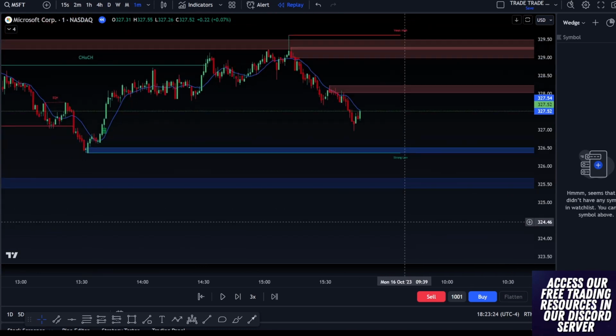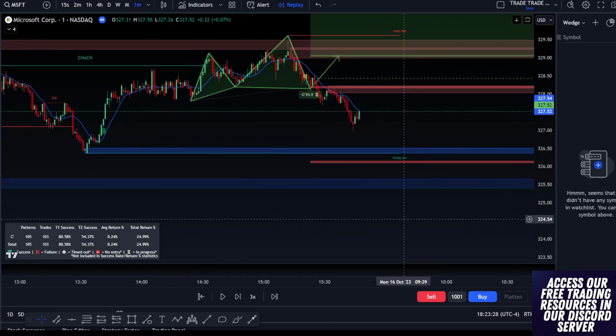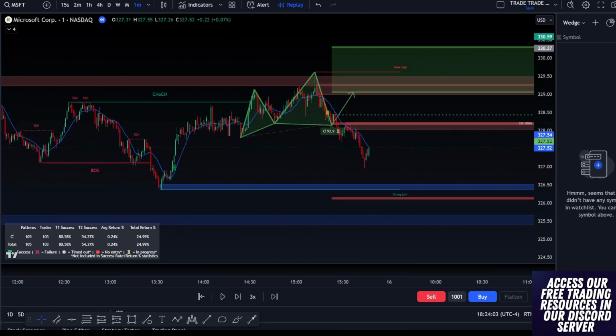So I like to trade harmonic patterns. I definitely don't trade harmonic patterns like a regular person would. Harmonic patterns normally are very, very accurate, but they have to be taken very quickly, because they're all based off of fib levels. So if we look at this harmonic setup here, this is a bullish harmonic setup from Friday. If we look at this 80% success rate, from here at 328, we will push up and hit target 1.